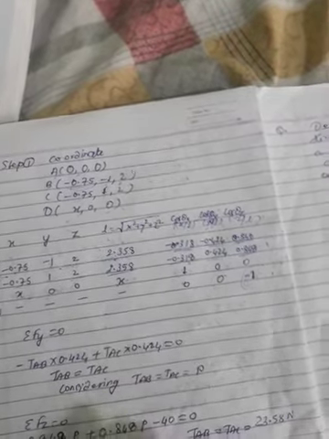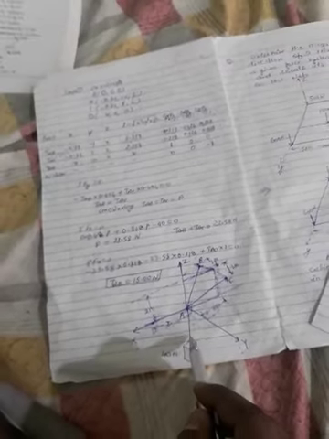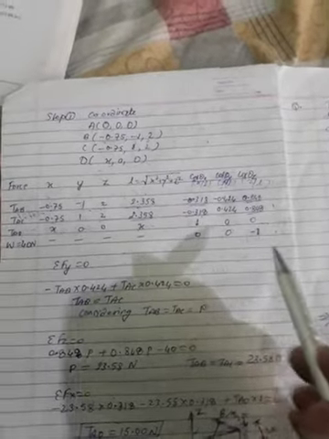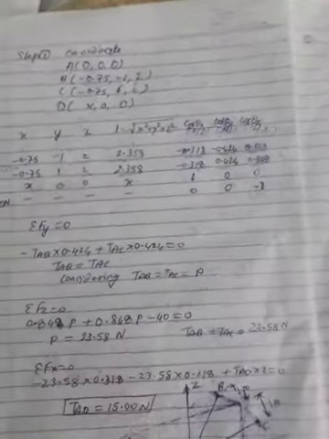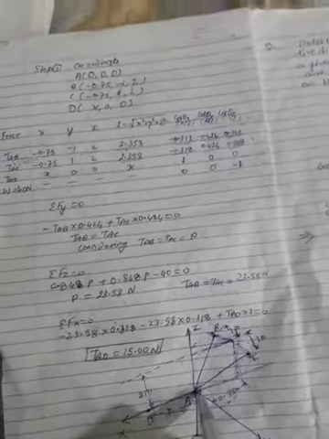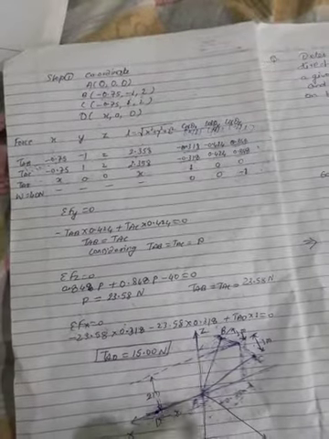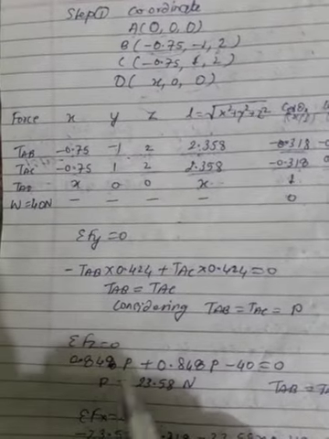So for that, this 40 Newton is acting in the vertical direction, but it is downwards, so I am writing it as minus 1, in the opposite direction of z. Now I want to calculate the value of tension in AB, tension in AC, and tension in AD. For that I am going to apply the conditions of equilibrium: summation of x, summation of y, summation of z.